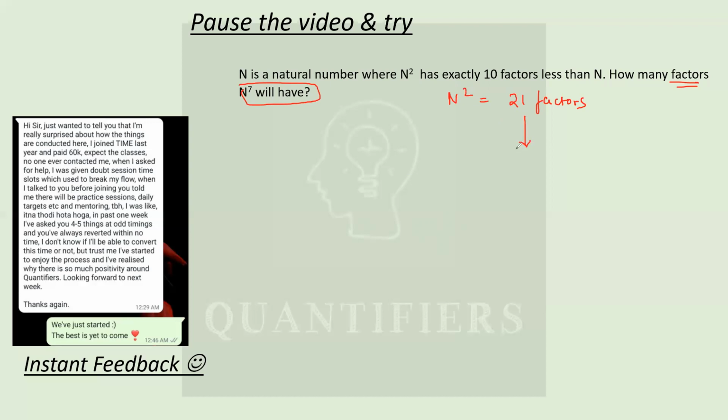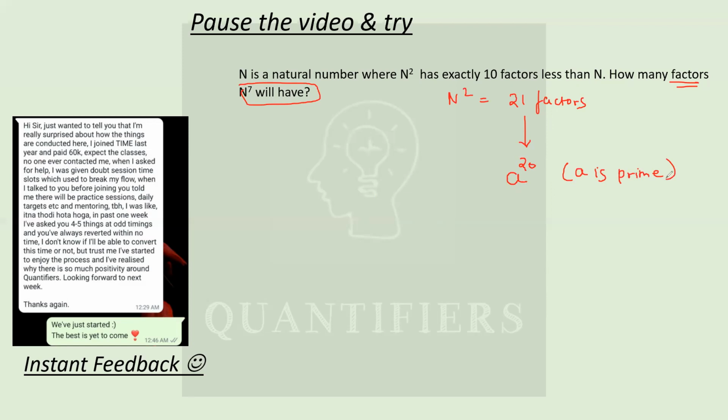Can I say I can get 21 factors, let's say on prime factorizing? Okay, on prime factorizing a number, हमने किसी number को prime factorize किया and I am getting only one prime number. So if I am getting only one prime number, what should be its power? Can I say its power should be 1 less than 21? Power अगर 21 से एक कम होगी तभी तो 21 factors आएंगे. That means any prime number with power 20 will definitely have 21 factors. I hope this is clear to all of you. Very important, A is prime. Okay, this is the most important thing, that A has to be prime.